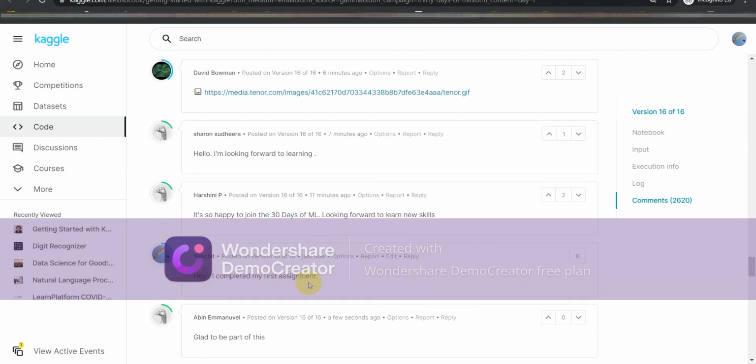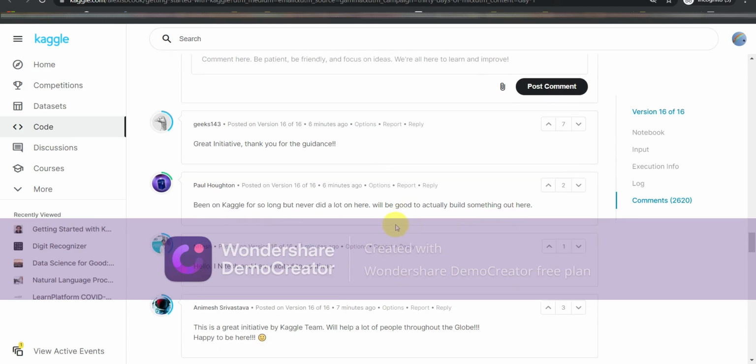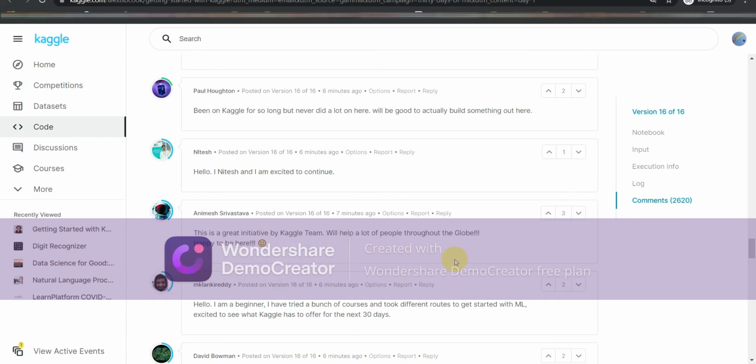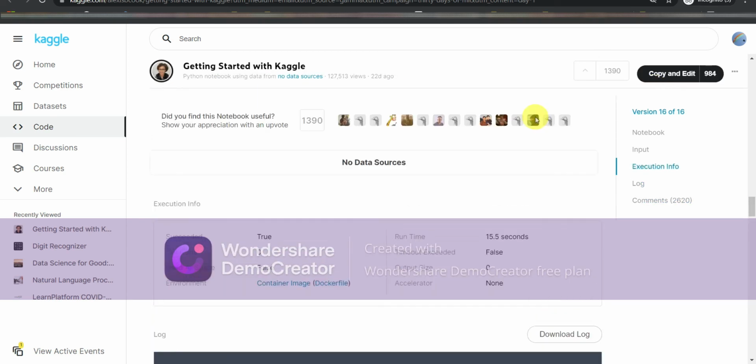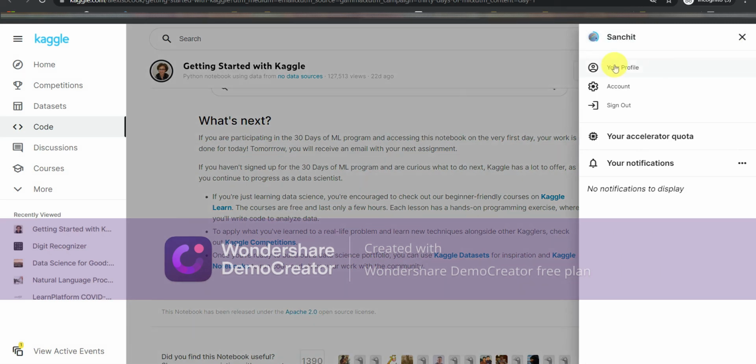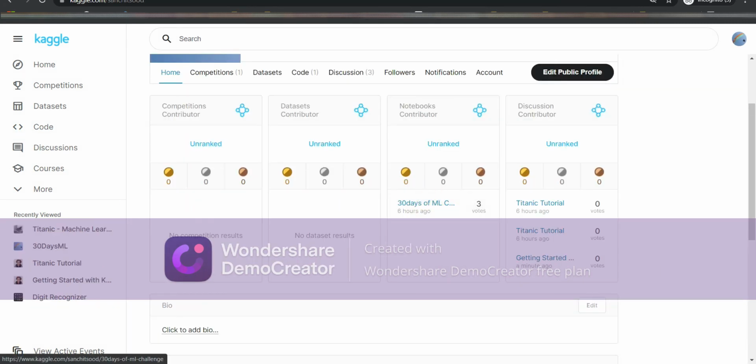And then you can upvote any of the comments, whichever you feel is good. So I'll just upvote this one by Animesh, and that's done. Once this is done, if you go to your profile by clicking here, on your profile, you will see that you have